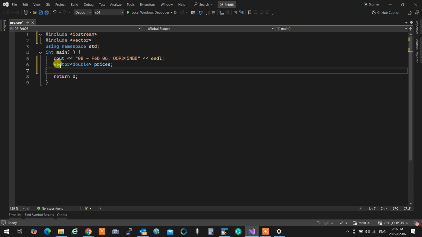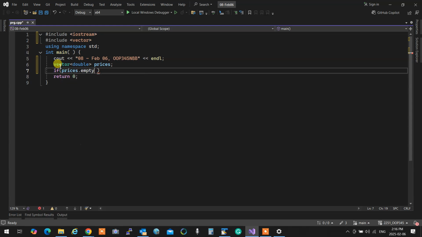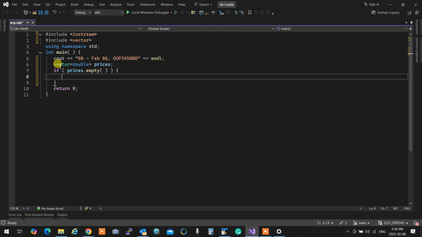And we can check to see if a vector is empty. If prices.empty(), then do whatever we want to do, and so on and so forth.